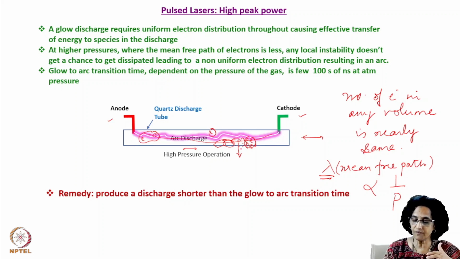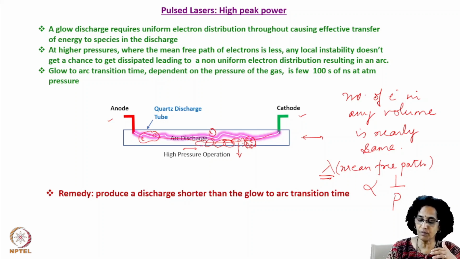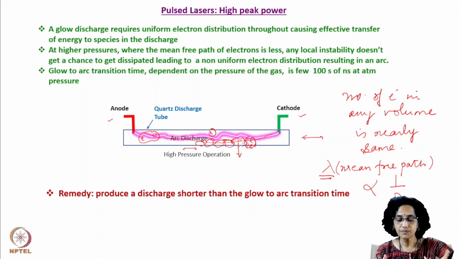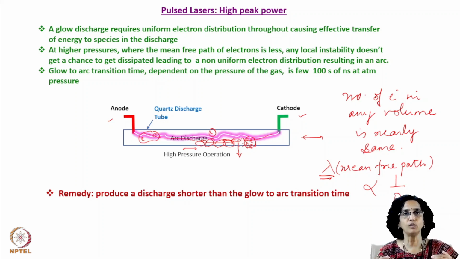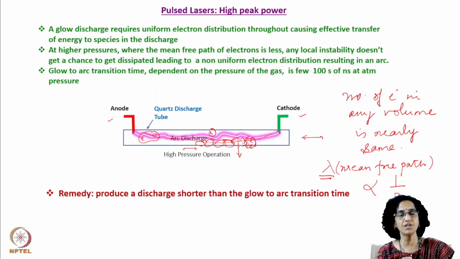And because they are not diffusing out, they are creating more active species, the electrons, in a very localized region. And because it is a very localized region, the current flows only in this localized region. That means the entire active volume is not energized. You have an arc discharge, so you have very, very inefficient excitation of the active species.